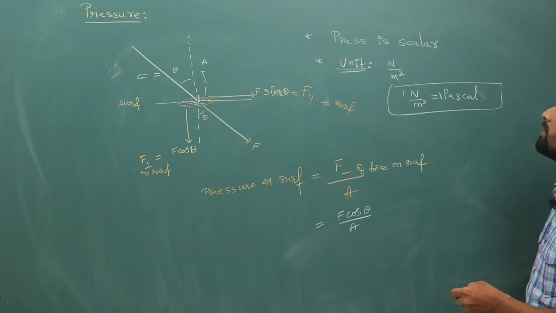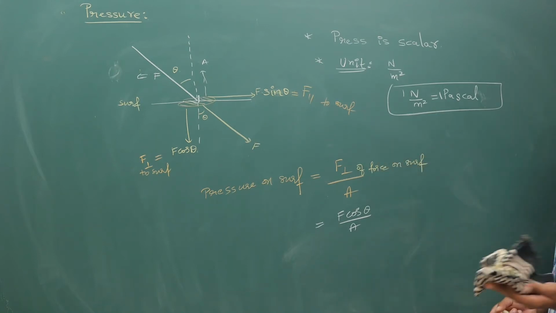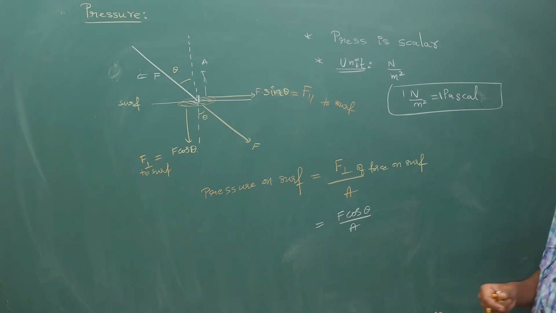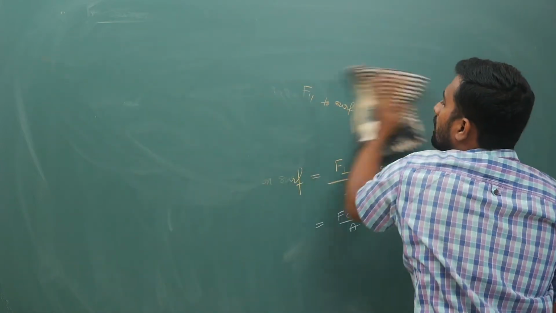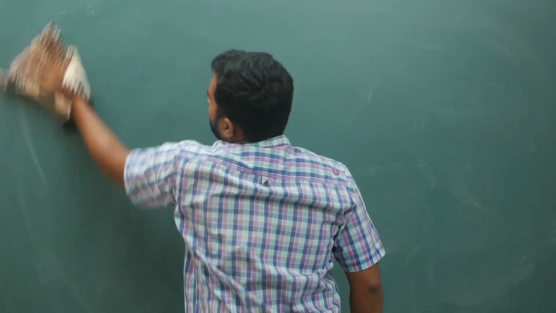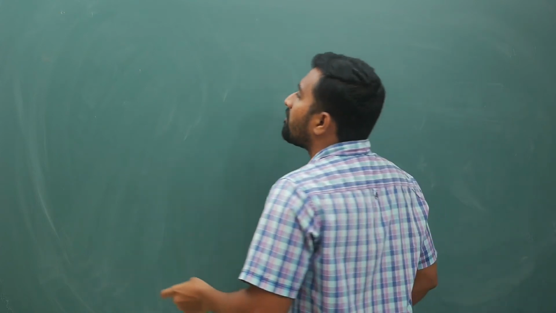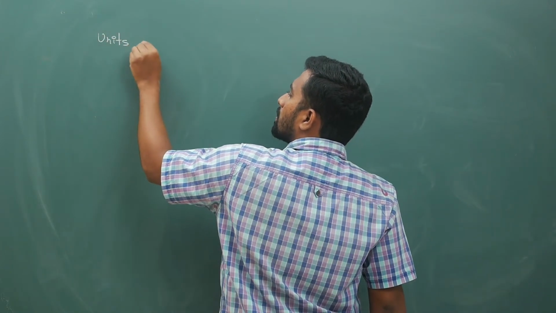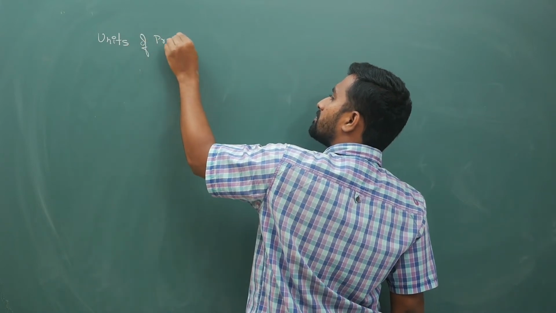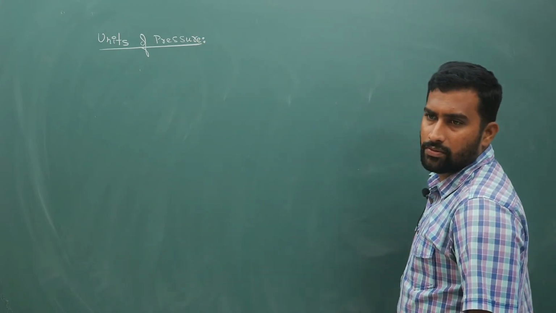Now coming to the units part, there are other things that you are supposed to know. First you copy this. Now your pressure unit, why all this stuff I will tell you. Don't get confused. Many people will write many units, but I will simplify all those for you at one place. From now on, don't get confused with the units. Units of pressure. Don't get confused with these basic units.